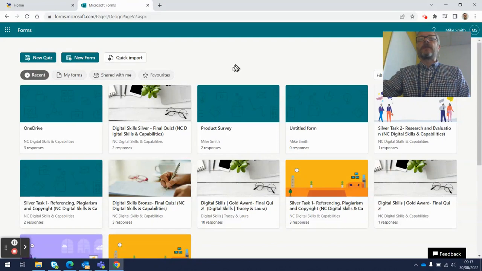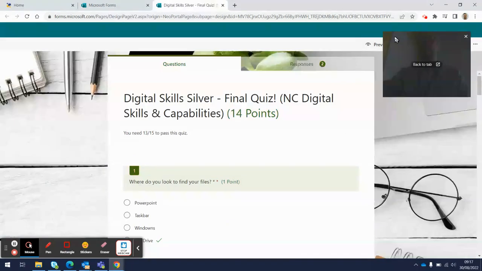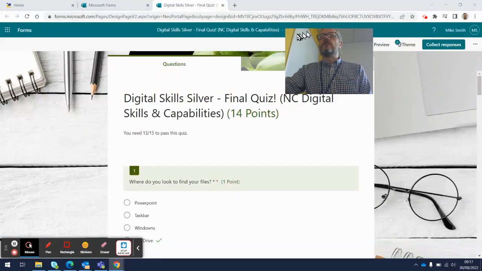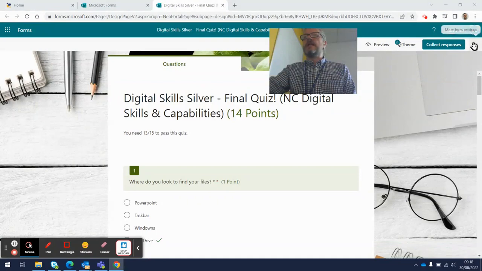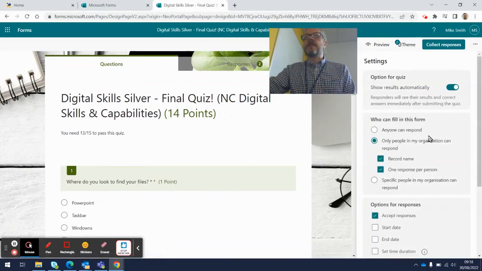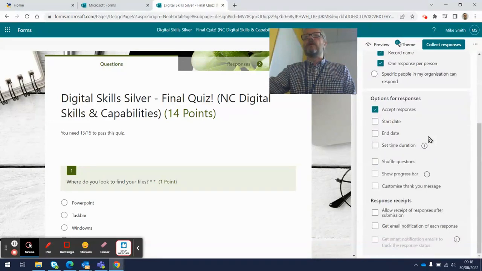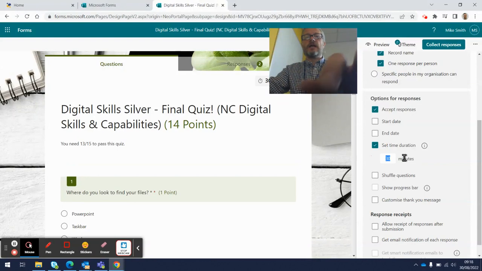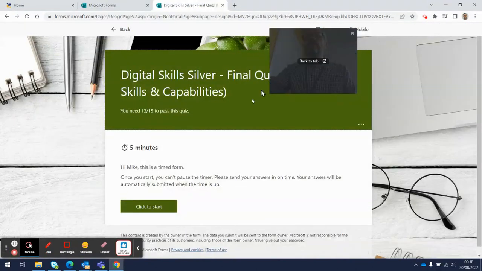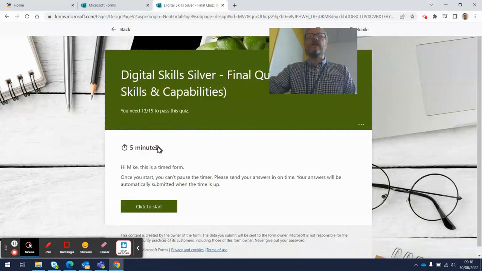So if you go into one of your pre-existing quizzes, I'll just pick this digital skills one over here. What you'll find now is in the settings, if you scroll down a little bit where it's got options for responses, as well as starting and end dates, you can now set the time duration. So simply put a tick in this box and give them the amount of minutes you want them to be able to complete. And then when you preview, you can see now it has a 5-minute timer